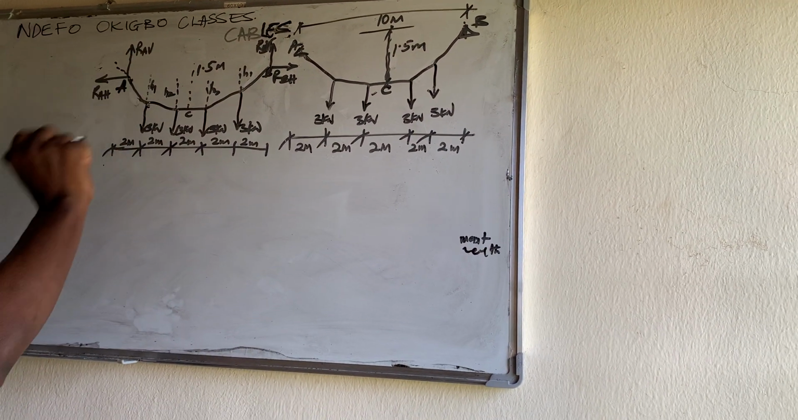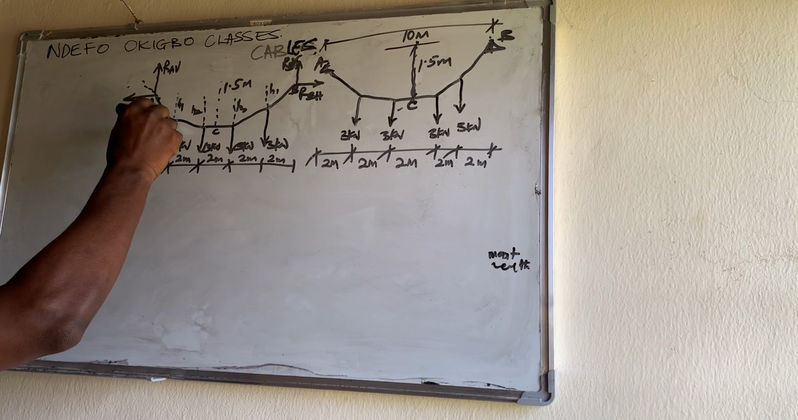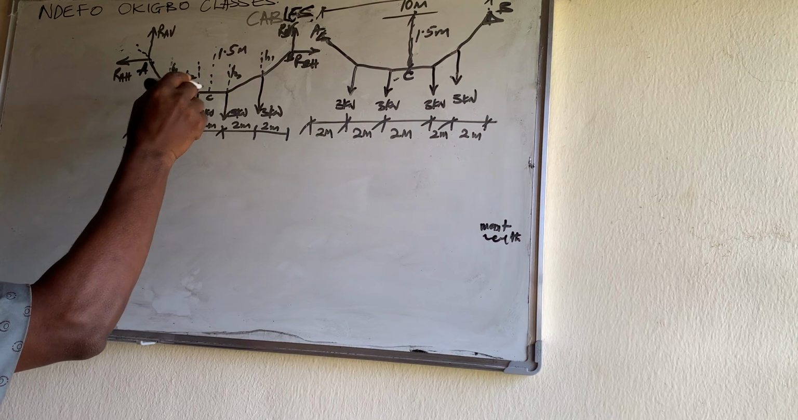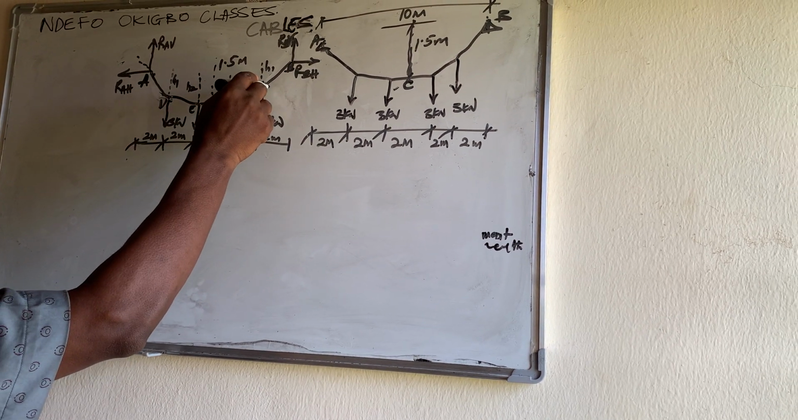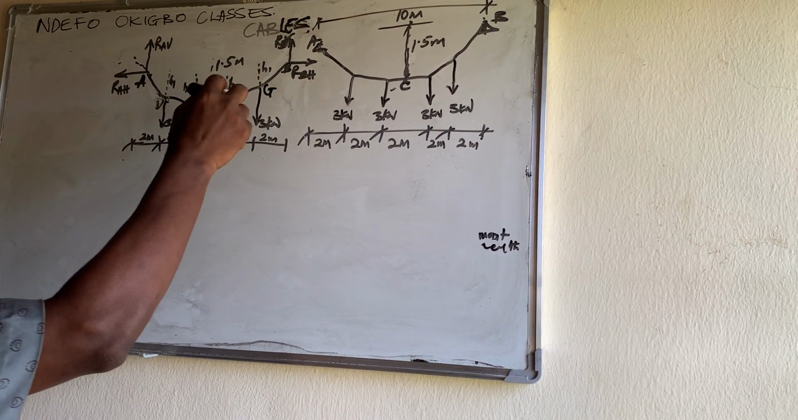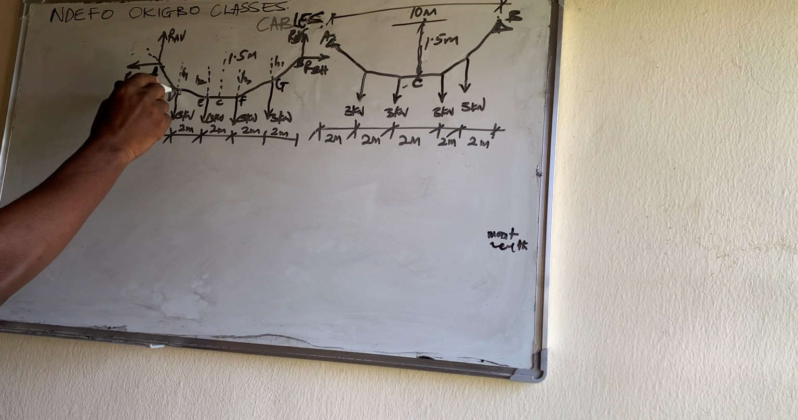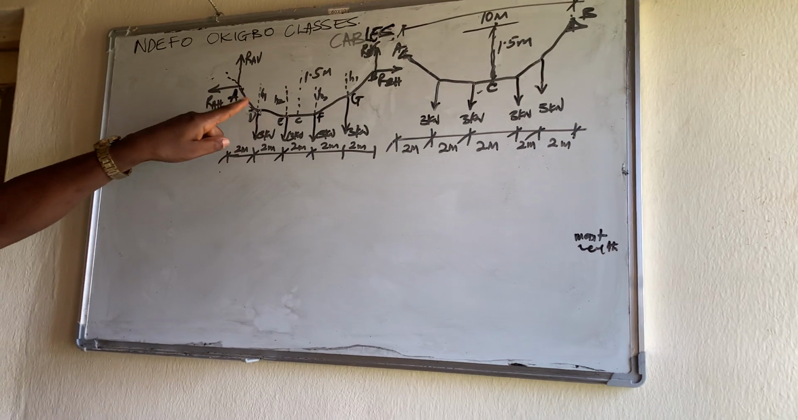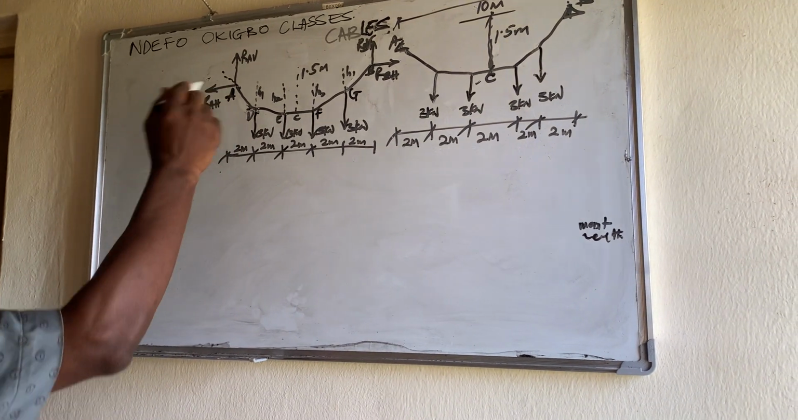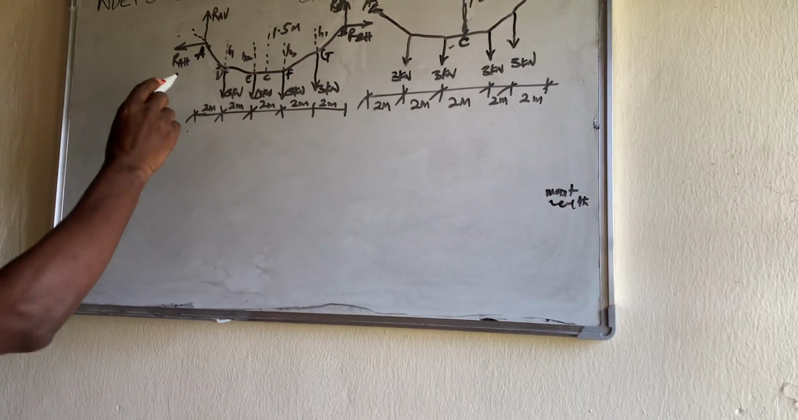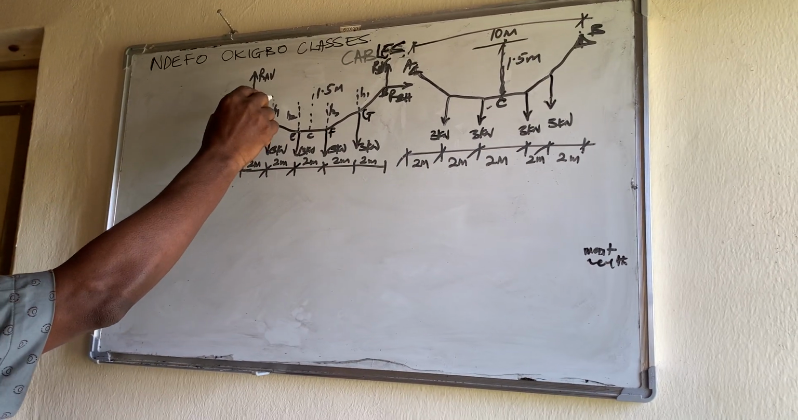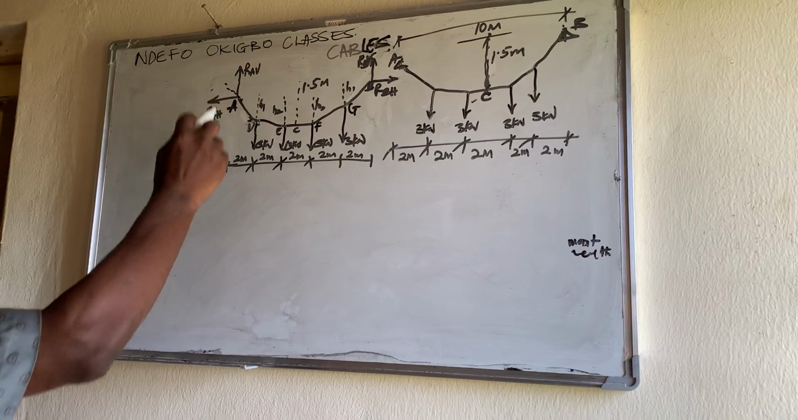H1. How do we get this H1? We can take moment about this point, that is this point D, E, F, G. So if we take moment at this point D, that will involve these two forces, we will get H1. When we get H1, the horizontal distance is 2 meters. And this H1 that we have got, with the two of them, we can